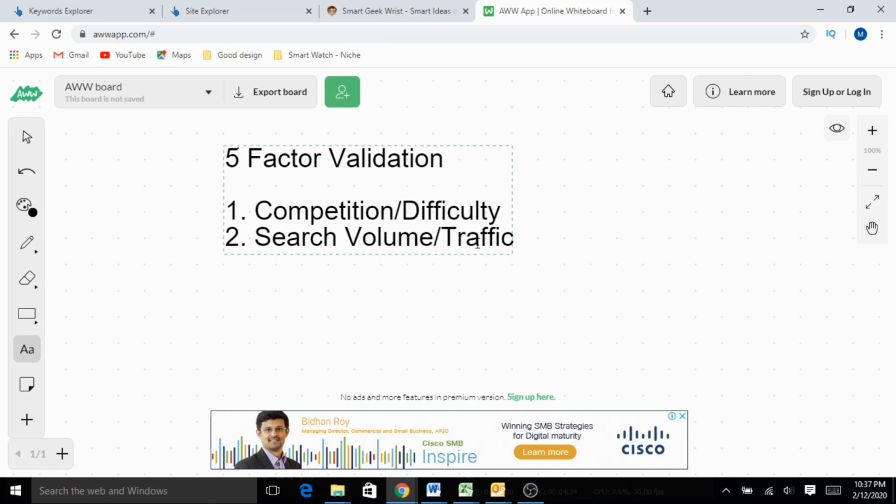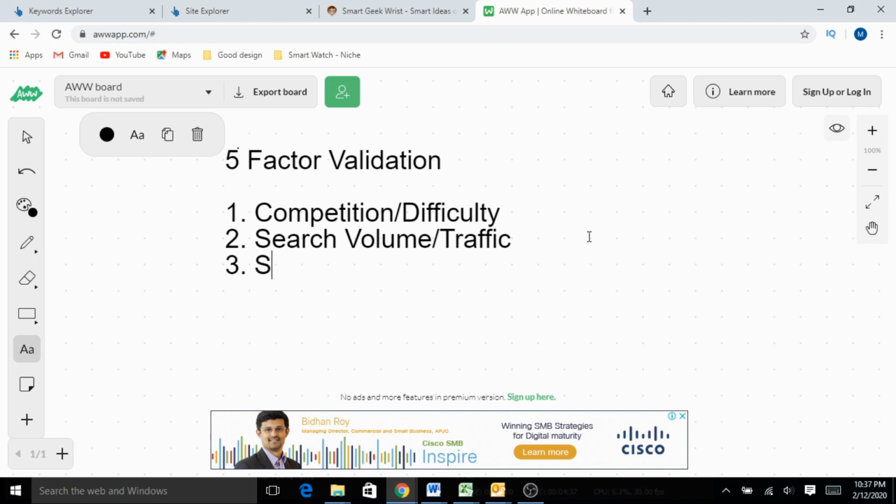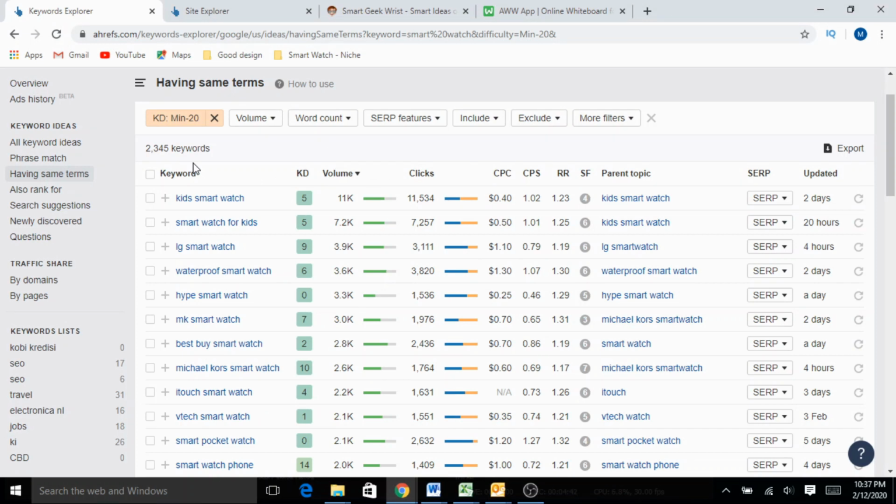Now let's look at the third validation. What we normally look for is scope for content. What it means is, do we have enough topics to write content? Typically how I filter is, I look at topics with keyword difficulty less than 20 and also a minimum search volume of 500 per month. Again, for the people who are not very familiar with these technical terms, volume is nothing but the number of times this keyword is searched on average in a month. Higher means more people are searching for it.